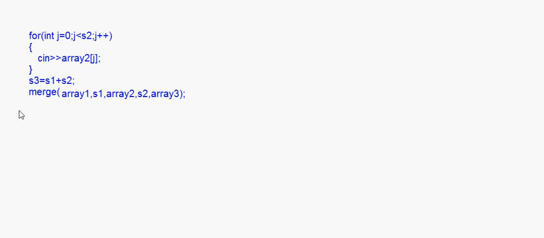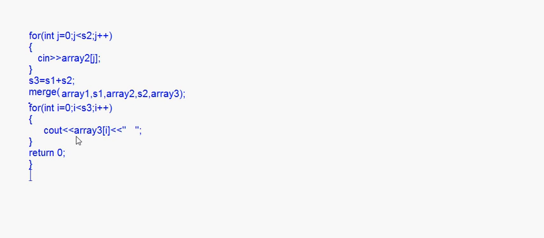And then when you go back to the main function, after the merge is done, you can just display the merged array, that is array C, right? So that is a simple for loop which you will put, for int i is equal to 0, i less than, now the size is S3 for that, right? Okay, i plus plus, and here you will write cout array3[i], right? And let's put some space here like this, fine. This will display the array and then return 0 for that main function, and then close the main function, fine.